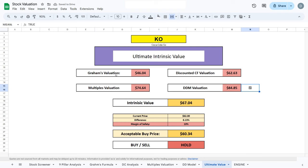Now moving to our ultimate valuation model, we will switch the alternative dividend discount model to the dividend discount valuation, and averaging out those four valuations, we'll get an intrinsic value of $67.04, 8.13% higher than the current trading price. Now, if we plug in a margin of safety of 10%, we would get an acceptable buy price at